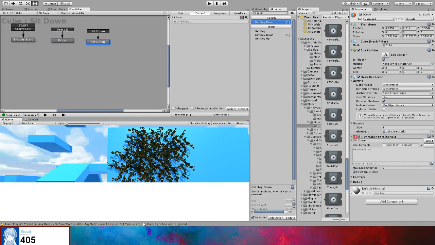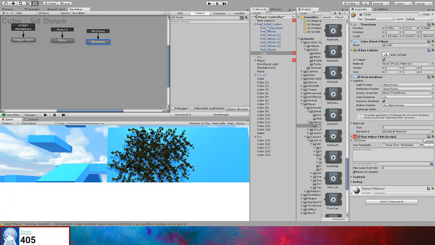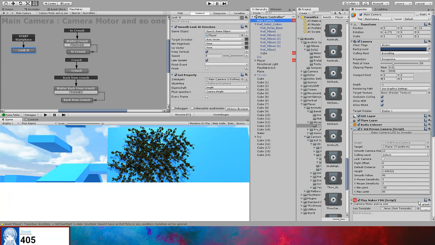What we need in sit down at first: we have our camera motor that we created here, and we have a look at, and this will smooth the look-at direction. When I sit and I press forward or another key, the player stands up, but he can